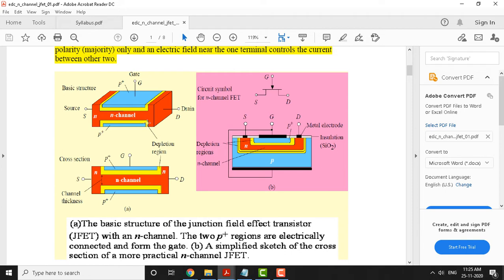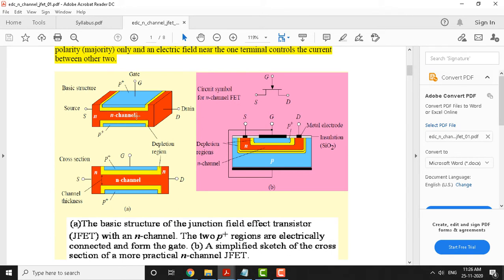There is another junction at the bottom side also, the blue color shows it is P type, and the yellow layer shows the depletion region, because whenever we have a P and N, that forms a depletion region. We have seen this in the P-N junction. All this red stuff we call the channel, and since this channel is of N type semiconductor we call this an N channel.